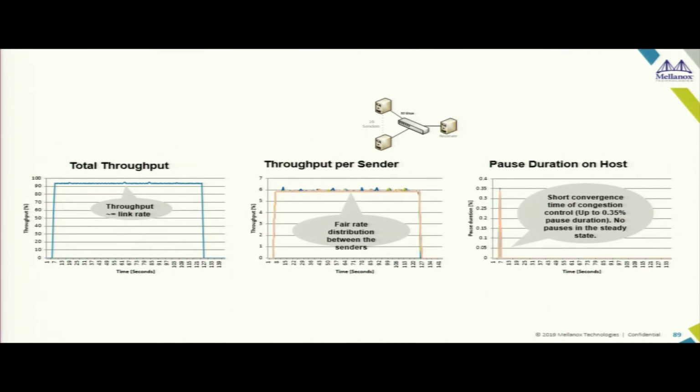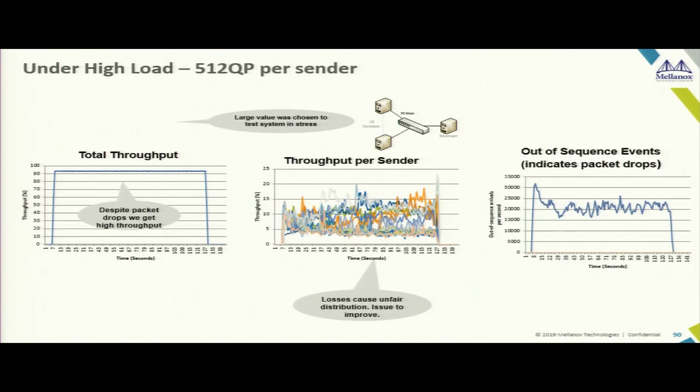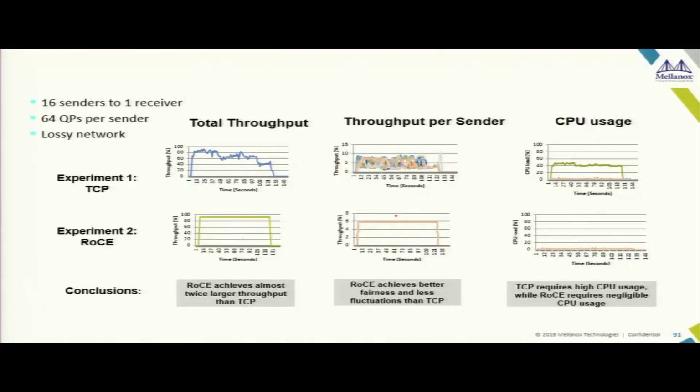Then there will be some pause, and then what would be the throughput distribution in this? Let's say you are doing a very high load and you have no congestion management, then the throughput of every sender looks somewhat like this, because randomly, everybody is getting packet drops, right? Depending on which sender-receiver pair got packet drops when, over a period of time, your throughput will look something like this. There is no way you can run a parallel application when your communicating pair have that kind of throughput. When you have this ECN-based lossless fabric congestion management done, then your throughput looks something like this.